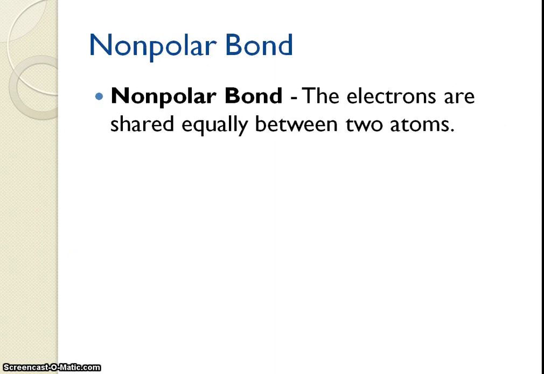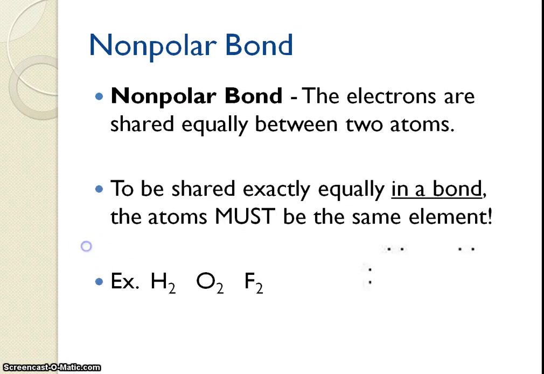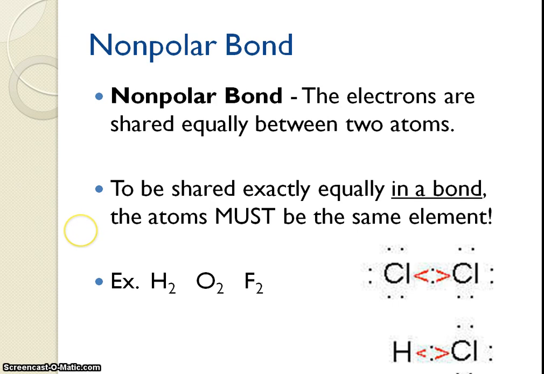Nonpolar is exactly what you would think. So there is no lopsidedness, which is not a word, but that's how I think of it. There's no lopsidedness of the charge because the electrons are being shared equally. So it's a 50-50 sharing, which means that you're not going to have any slight charge on one side of it. To do this for this class, you'll see that the atoms are going to be the same kind of